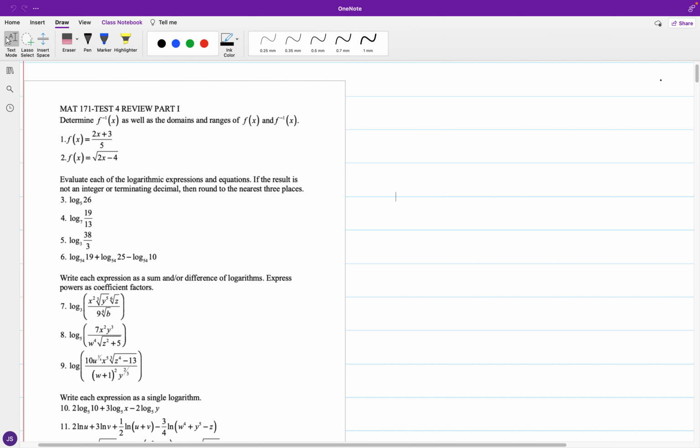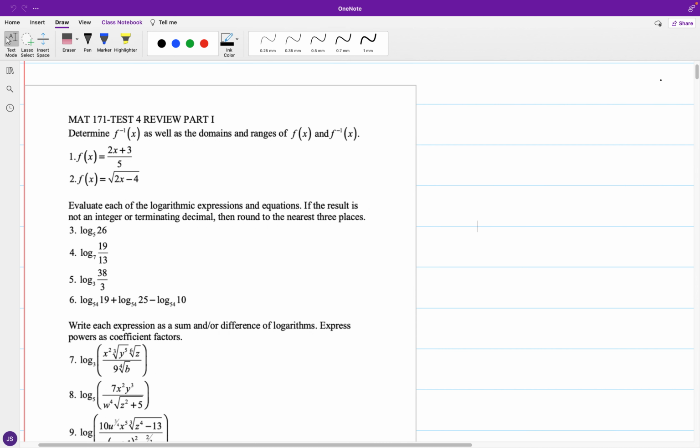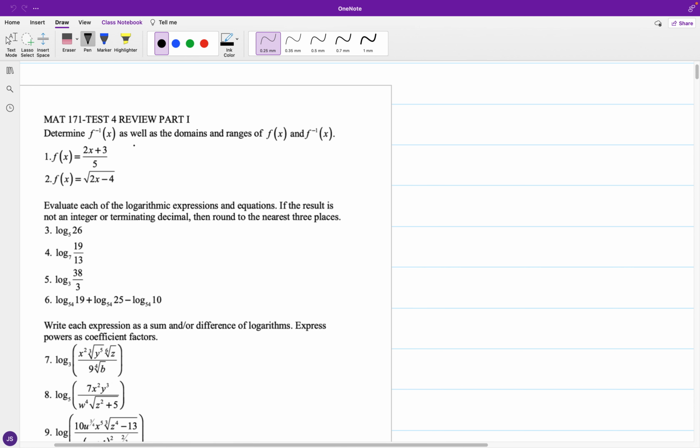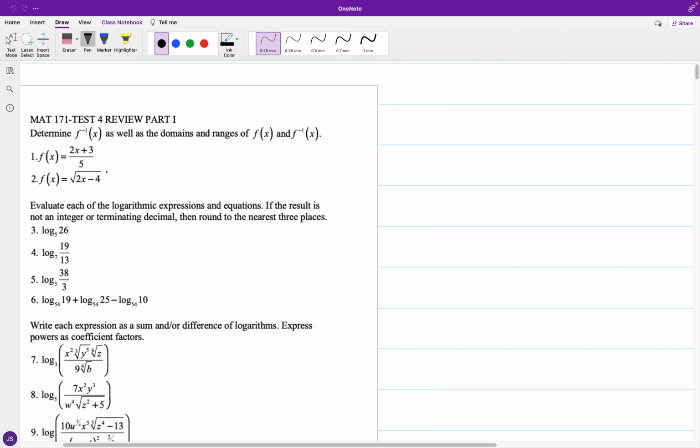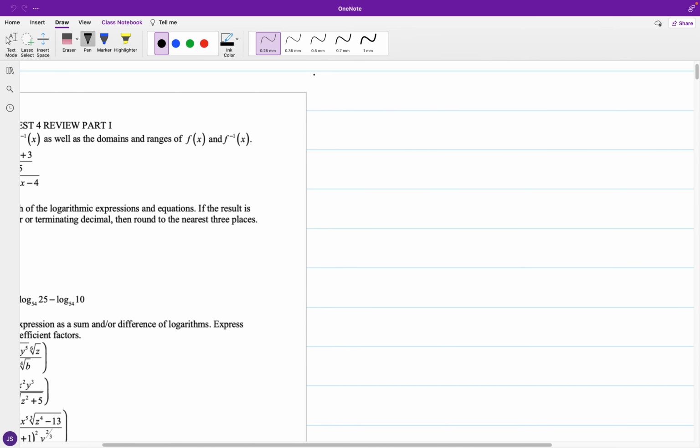Just looking into the test for review sets, for part one, going back to one-to-one functions, we're looking at determining the inverse as well as the domains and the ranges of both the one-to-one function and its inverse. And in the case of the first function, we have f of x set equal to (2x plus 3) over 5, and so for what we have in the setup,